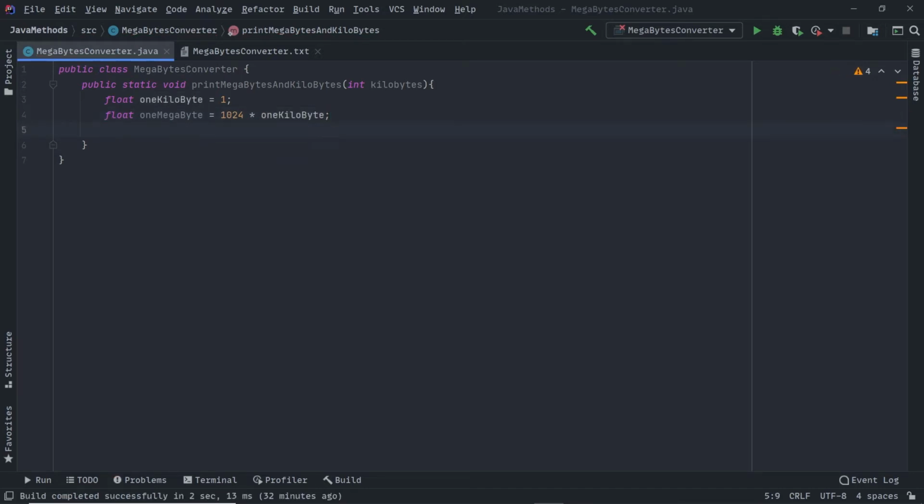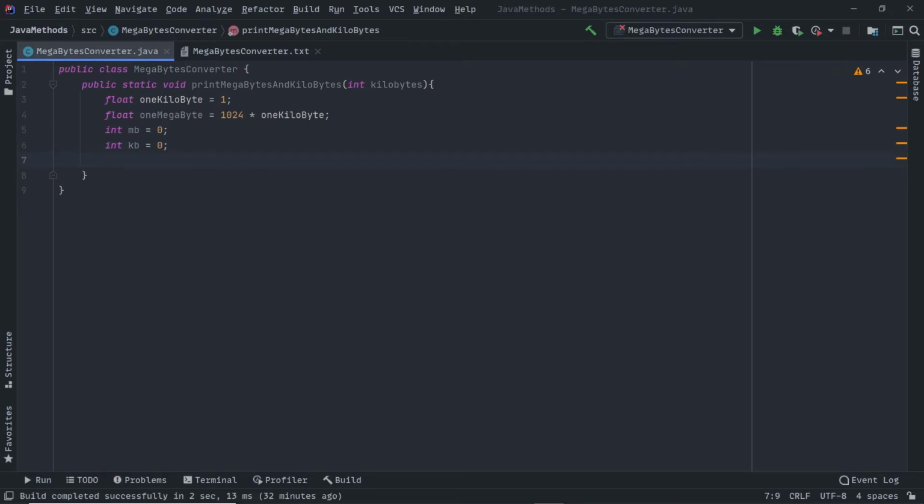Then create an integer variable called megabytes, initialized with 0 to avoid garbage values, and create another variable called kb and initialize it with 0.